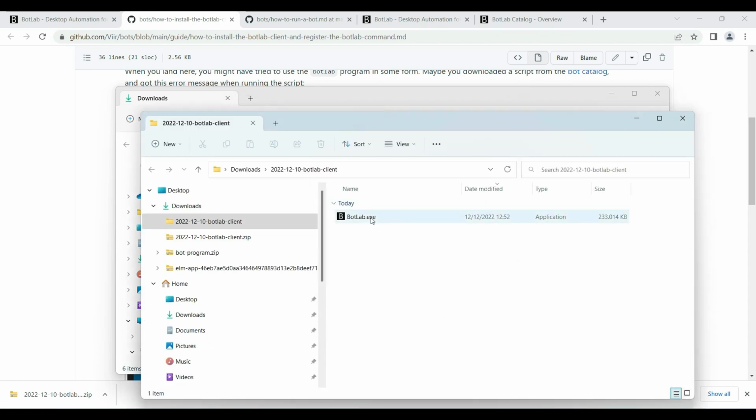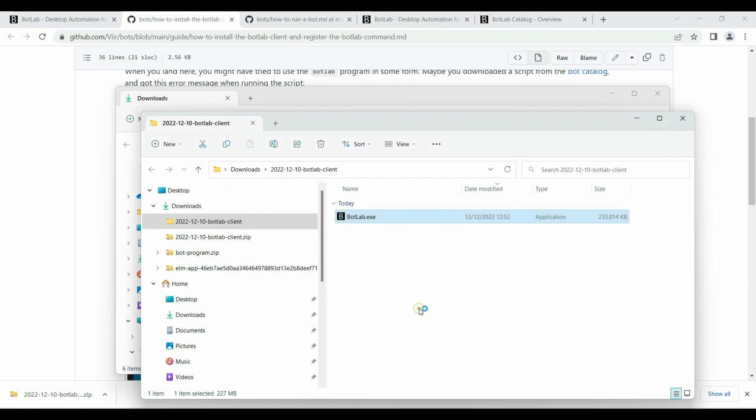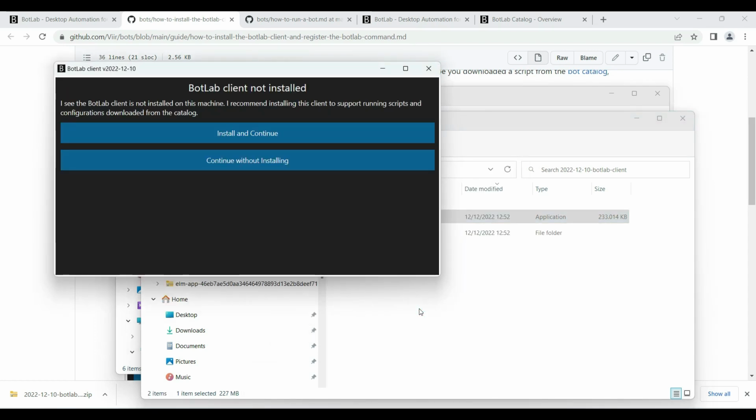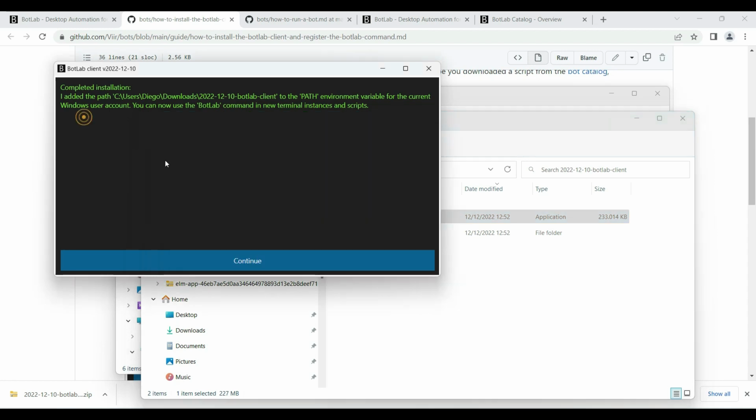And extracting the zip archive gets us the botlab.exe program. We can run this, and then we might have to confirm here one more time. And here we can also install the BotLab client so that it gets registered on the system.